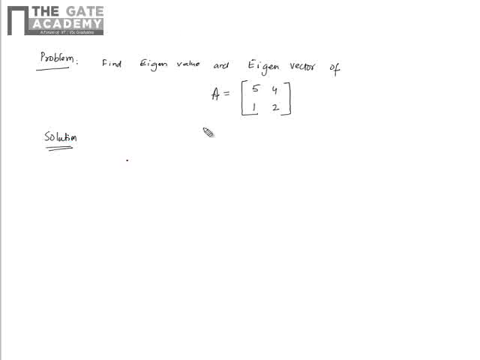So first thing is, in order to find out eigenvalues, the main equation is the characteristic equation which we have seen. It comes from Ax is equal to lambda x. So the characteristic equation of matrix A, basically the roots of that will give you the eigenvalues. So the characteristic equation is what? Mod A minus lambda, this is det A minus lambda I. So det A minus lambda I would be